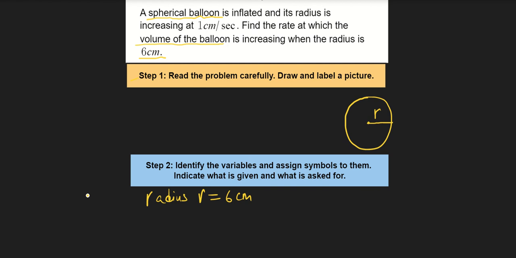Also, it is given to us that its radius is increasing. Increasing is a very important word in this case. So the rate of change of radius, which is dr over dt with respect to time, is given as 1 centimeter per